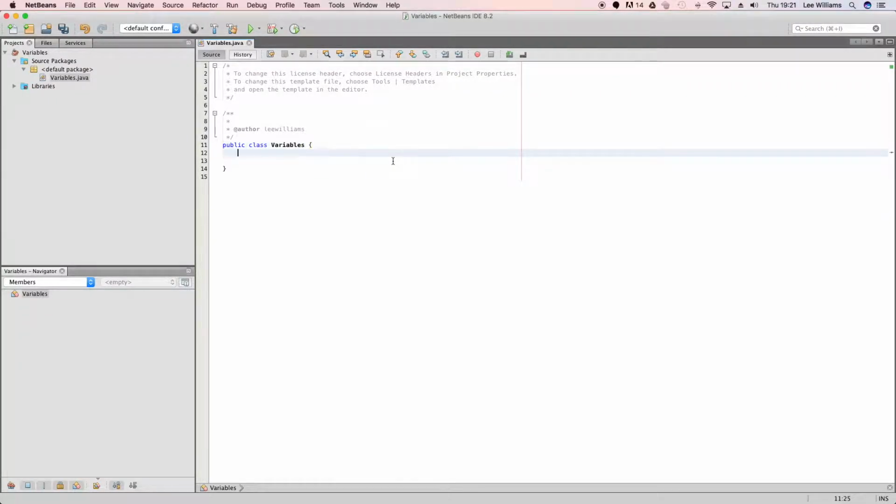So now we've got this class, and you notice how I didn't select a main class. That basically means the only difference is that it hasn't created a method for me, which is the main method. Now, what we're going to do is write that main method. So we'll say public static void